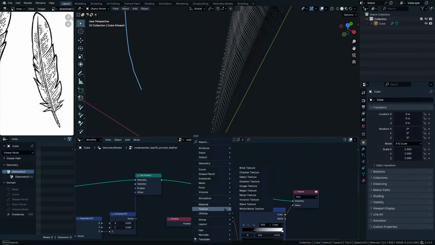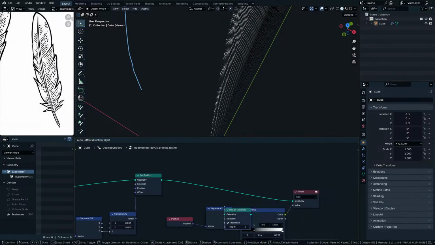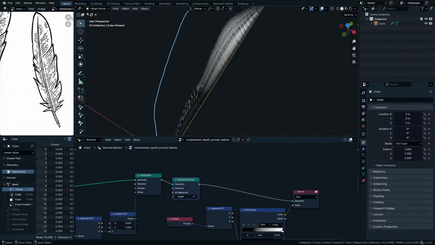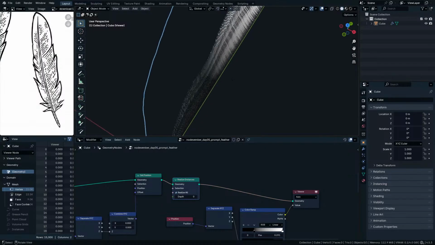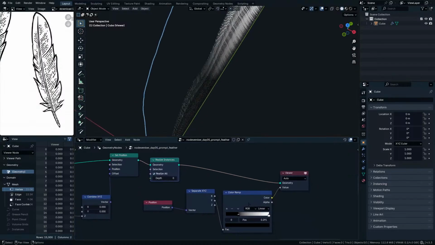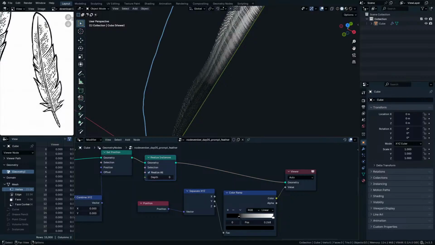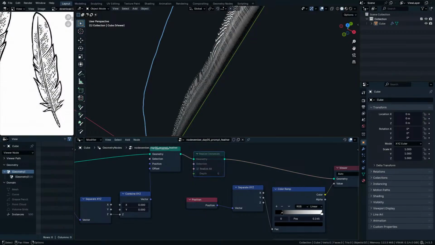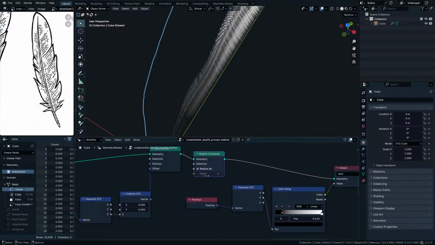Maybe I need to realize instances. Okay, that's good. Now I have better selection, but I've lost the ability for these instances to do some things with them. Now they are real geometry. Before, they were not real geometry. They were just instances. You can see 500 instances. Now they are,